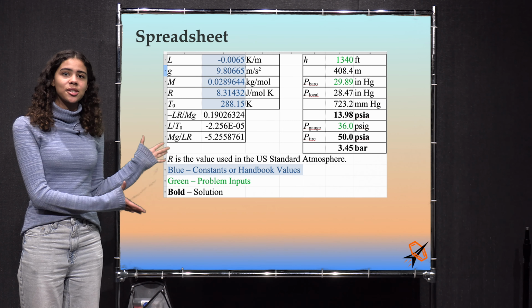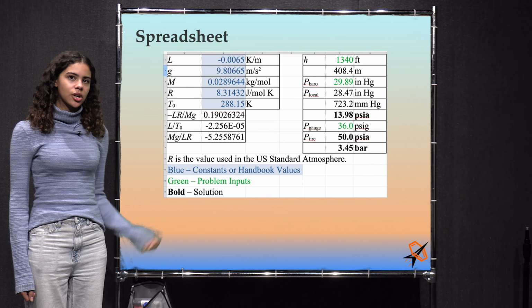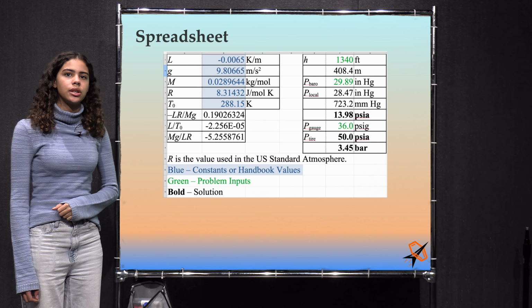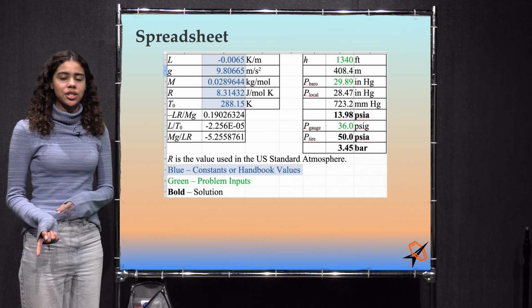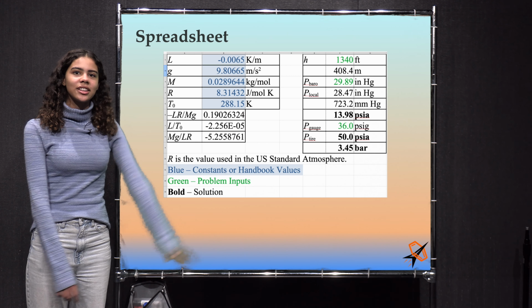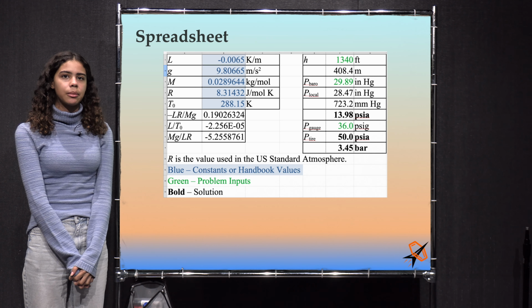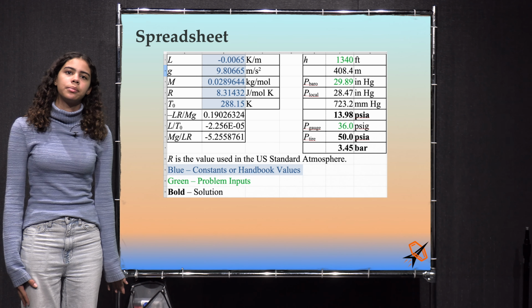Here's a spreadsheet of the solution to the problem. The first column is dealing with the standard atmospheric model and getting the various coefficients that we used in our local to barometric expression. The second column is the calculation of the actual problem. If you're curious about the standard atmospheric model, you can look up most of the information on Wikipedia or on